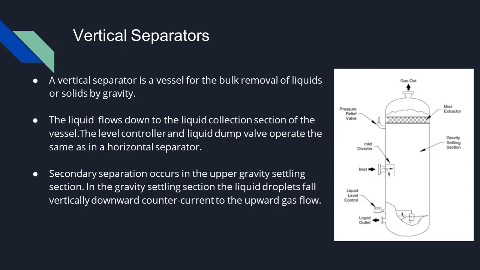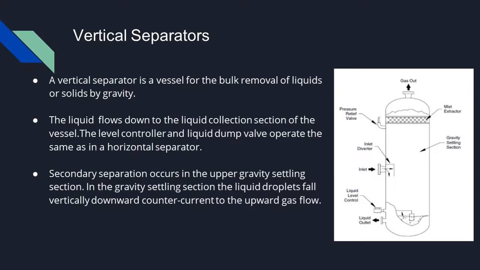Now, the settling section. Gas velocity drops, and small liquid droplets entrained in the gas stream and not separated by the inlet diverter are separated out by gravity and fall to the gas-liquid interface. Then the mist extraction section, which is present at the top of the vessel, is used for coalescing. It is a coalescing section to gather small droplets less than 100 to 140 microns. As the gas flows through the coalescing elements, it must make numerous directional changes.